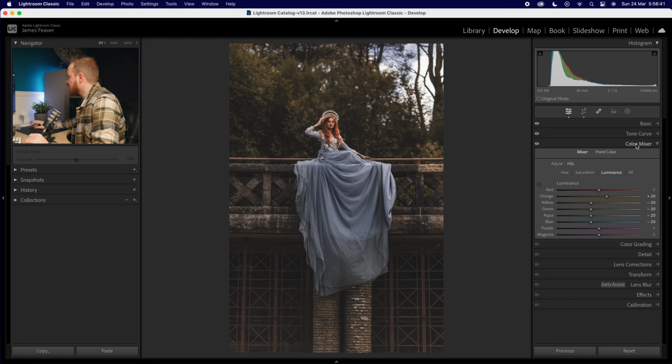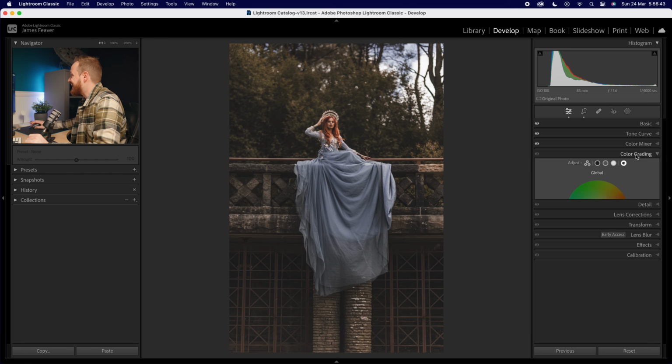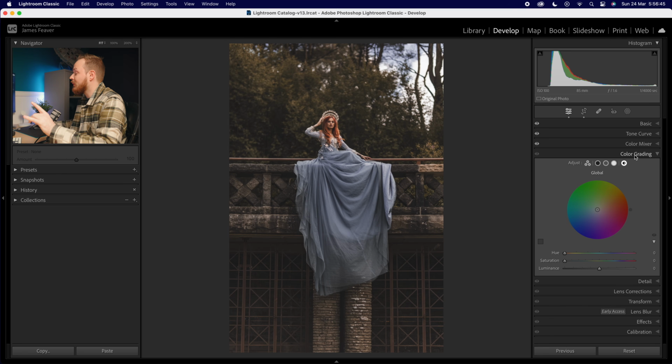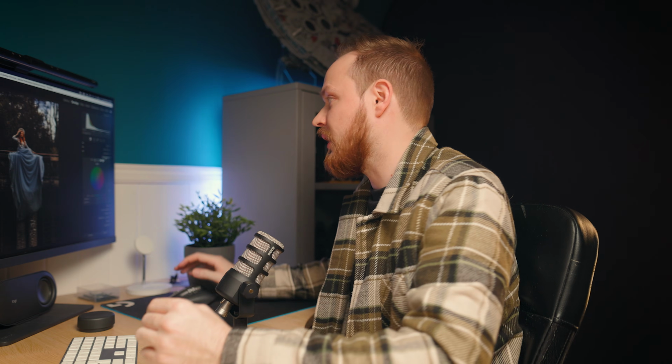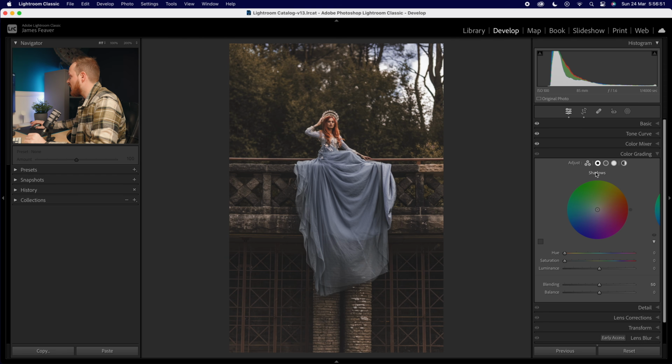But we're not finished. We've still got a few more things to do. Okay, so what we're going to do is turn off Color Mixer tool. Next, we're going to go to color grading. And what we're going to do in this, we're going to target the shadow tones, and then we're going to target the highlight tones. So we're going to go to our shadows first,